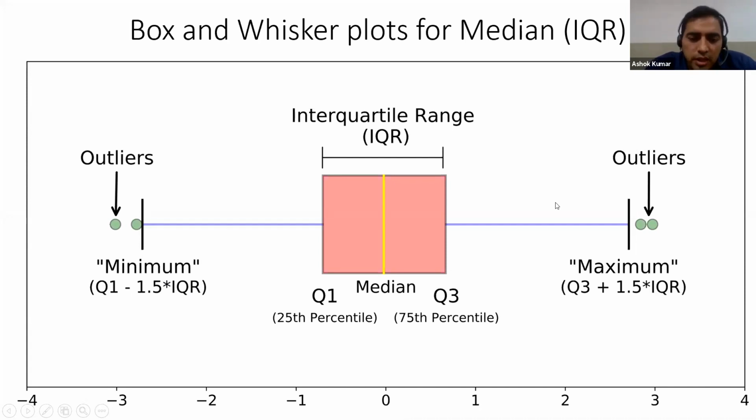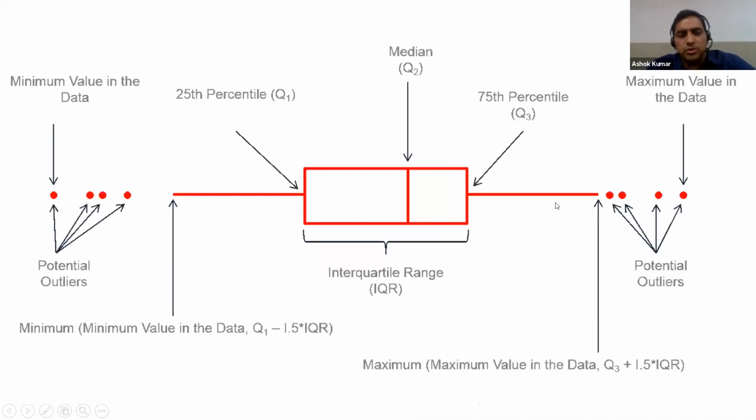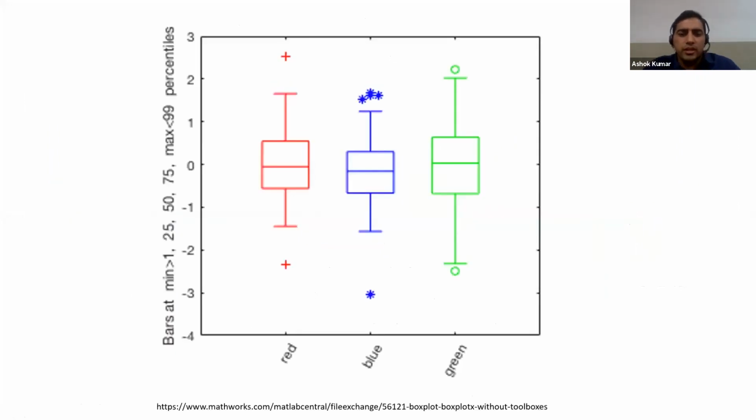No need to worry, SPSS will do it, but you have to understand what this plot is. Okay, this is a vertical plot, and these are the outliers. You can see these are the outliers. And what are the outliers? This is Q1 minus 1.5 multiplied by the interquartile range. Okay, so this is what you can get.